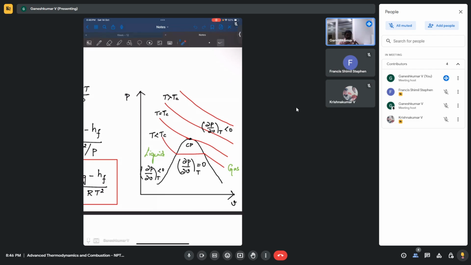So if you talk to some people who are really working in this supercritical combustion, then they might be able to give you a better answer than me. But what I feel is, I don't think you can draw a clear line and tell that after this point magically liquid becomes supercritical state. In reality I don't feel that would happen.